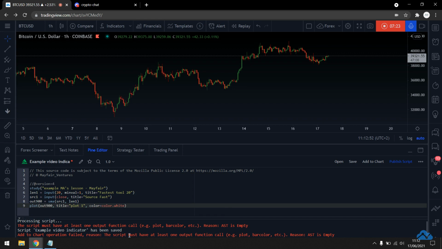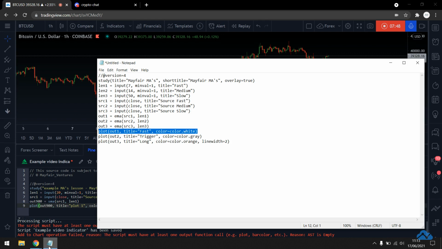However, if I wanted to change the color, I can do a couple of things. I can change the color, which would be color dot and then the color that you're looking for, or I could use the hash symbol. I'm going to have this as a deep red. Now, I like this red. I use this a lot in some of my other indicators. So in essence, what I'm looking for right now is the plot of a 20 moving average at a close, which is going to be an SMA rather than an EMA. And that really gives me what I'm looking for.